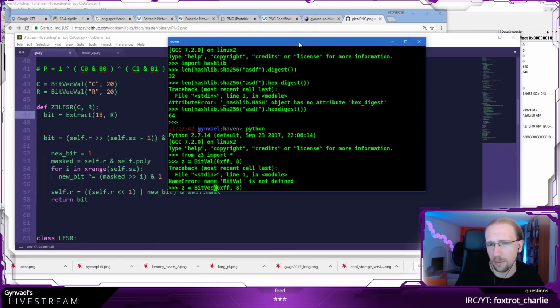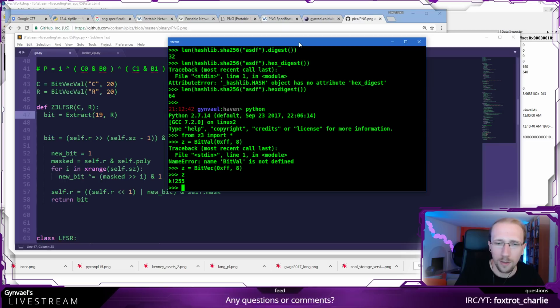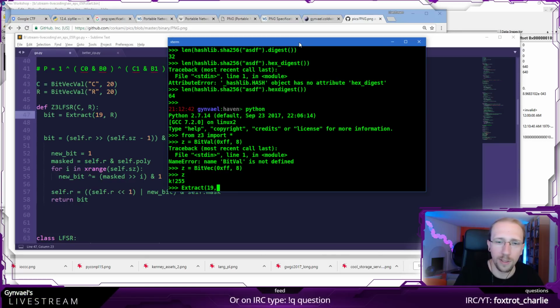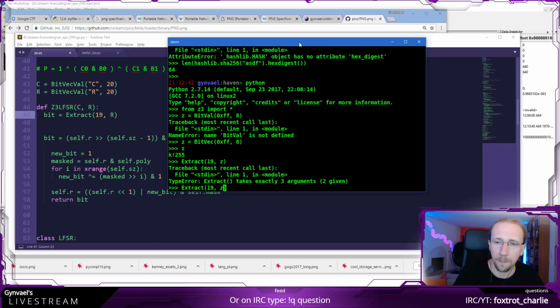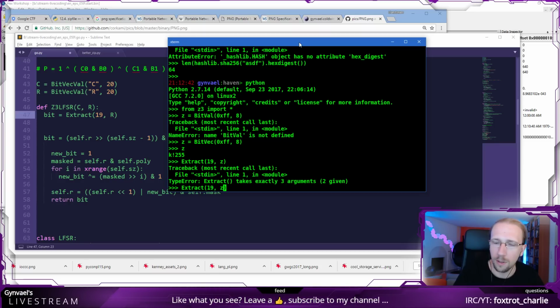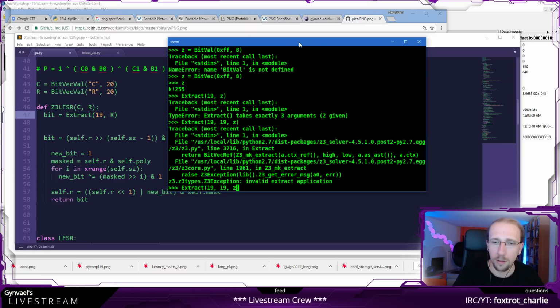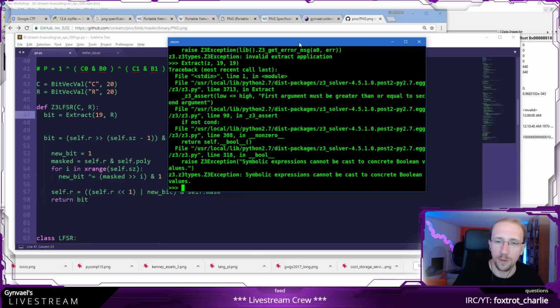So z is a known vector value, and I want to extract from z bit number 19. No, exactly 3 arguments and 2 are given. Because I give it like a range of bits, not just one bit, a range of bits. So no, then maybe it's like this.